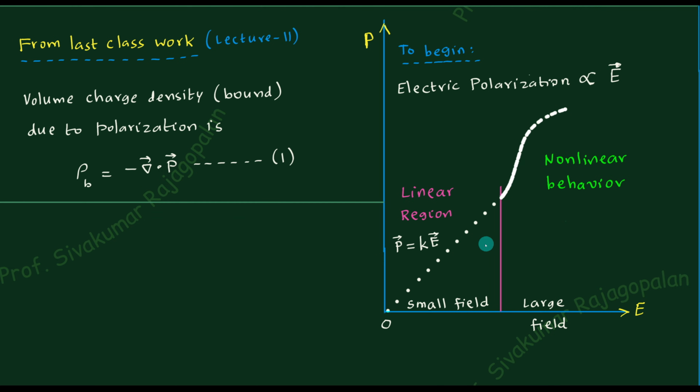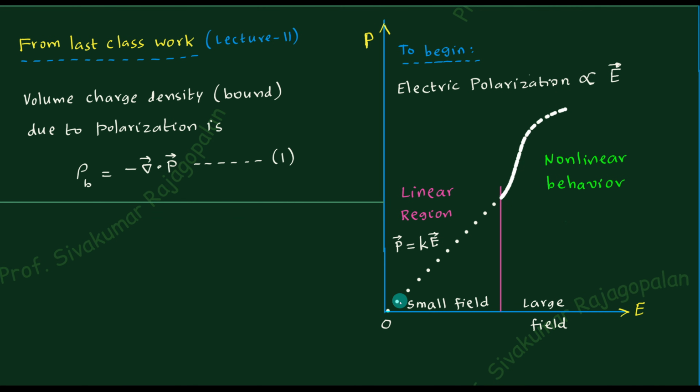So that kind of behavior can be split into two regions. The region that is below the pink color, that means this pink color line, all the way to 0. So that is one region where the applied electric field is reasonably small when compared to the values that are applied above the pink color line. So typical field in practice is something like kilovolt per meter, or even kilovolt per centimeter. So usually large fields are applied in order to observe this kind of behavior.